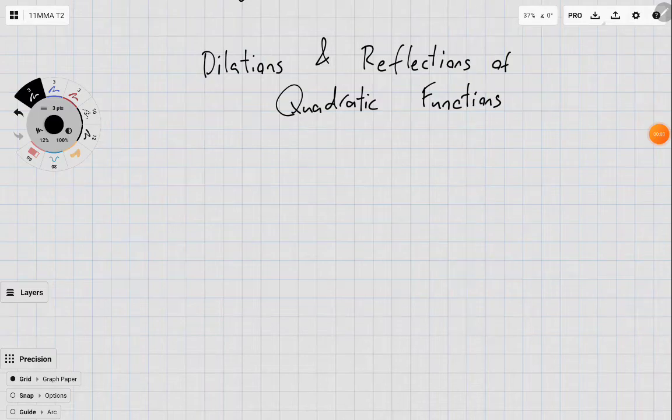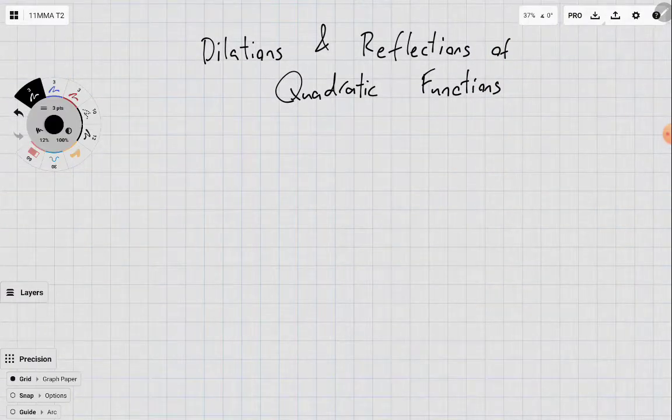So today we're going to be having a look at dilations and reflections of quadratic functions. Before we do that, I want to ignore the word quadratic and just talk about functions. We're going to be working through transformations for a fair bit, and we're also going to be working through functions. We are going to learn about a lot of different types of functions. And so it does us no good to learn about transformations in a vacuum, specific to exactly one type of